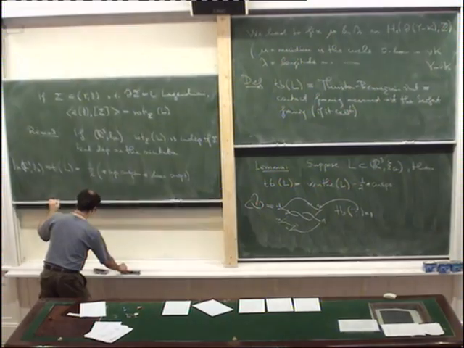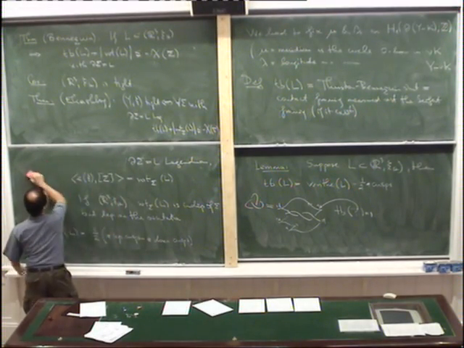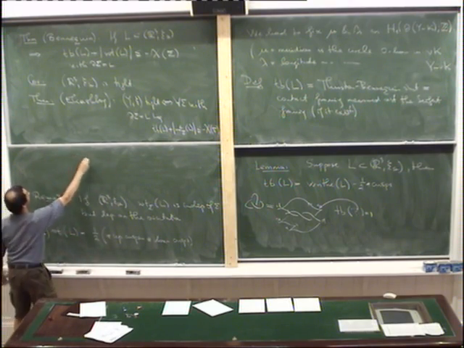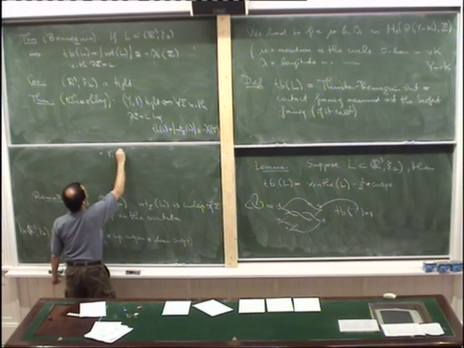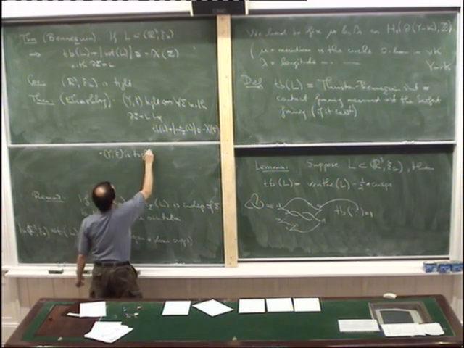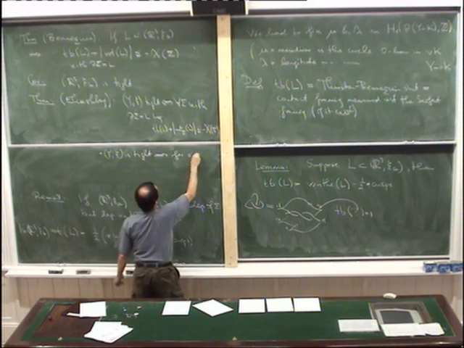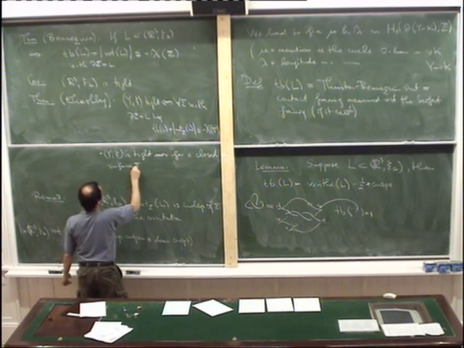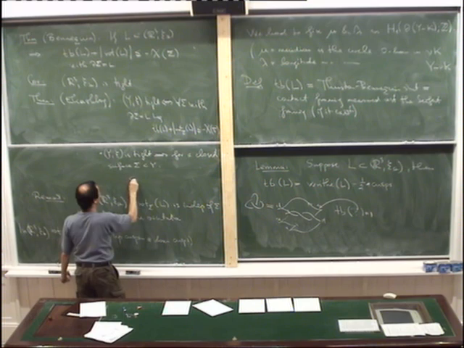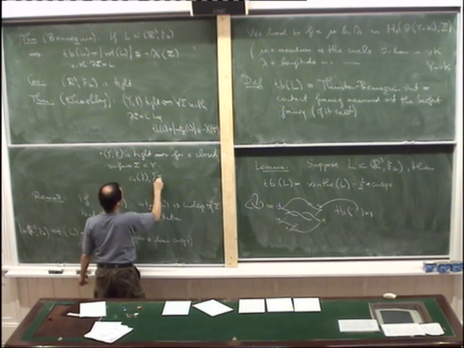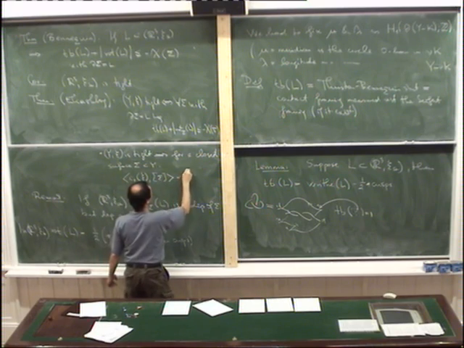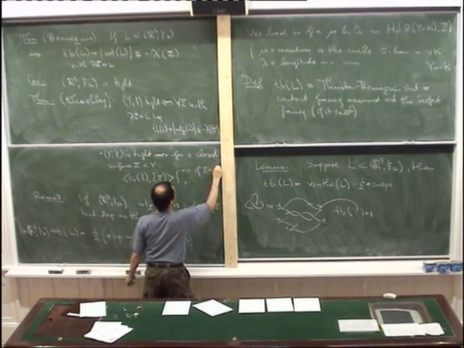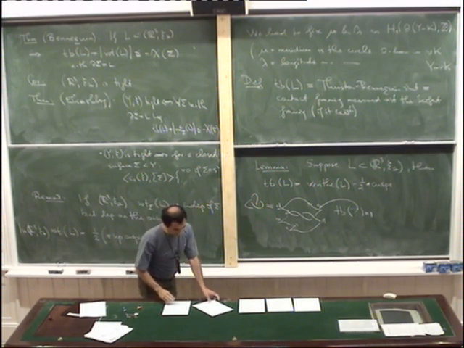And there is a second part of the theorem which I would like to show you. So this was part one, and part two is that if Y with psi is tight, then for a closed surface sigma in Y, the following holds: